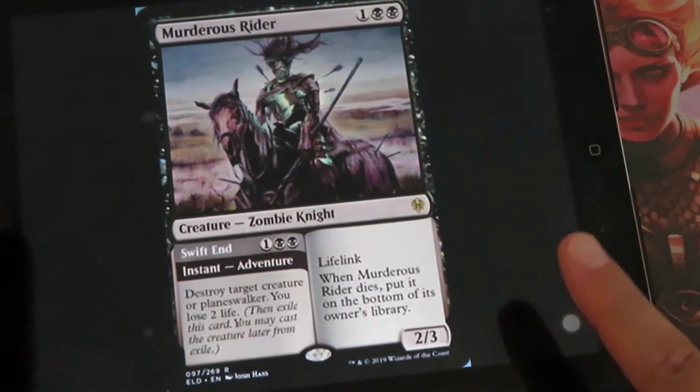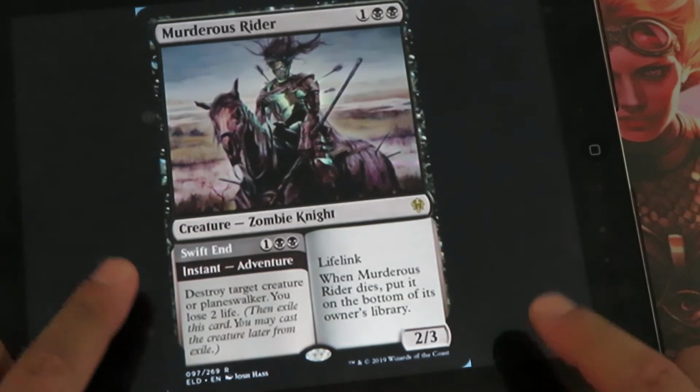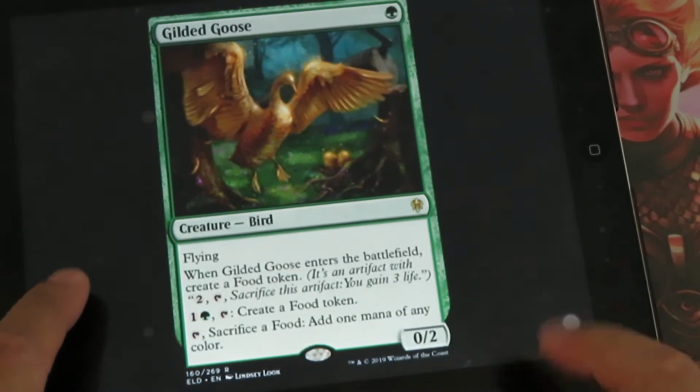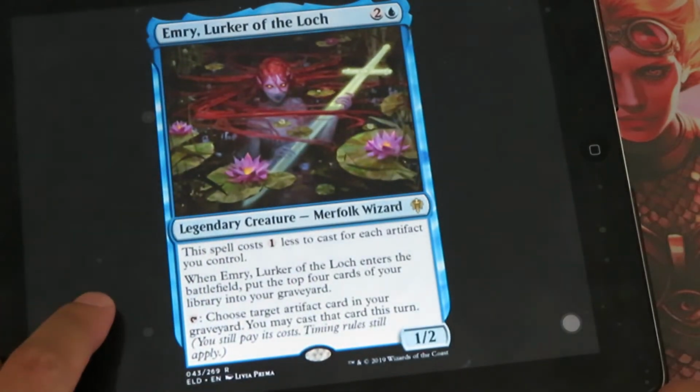Murderous Rider, another very good card that has an adventure, and this adventure is a very good one. Destroy target creature or planeswalker. It's a very, very strong card. Gilded Goose, a very, very good mana dork. Emry, Lurker of the Loch,